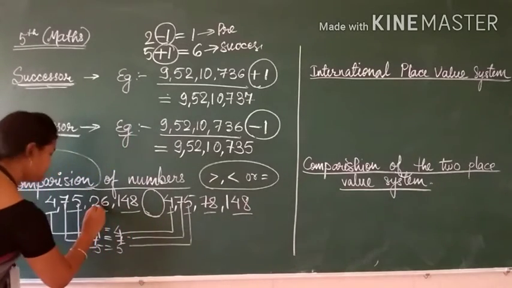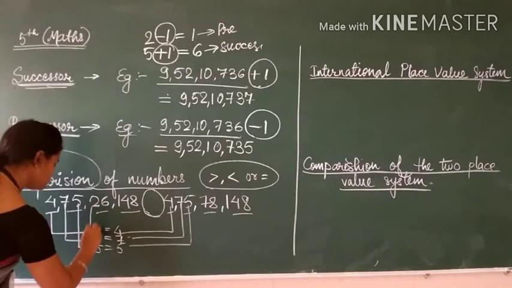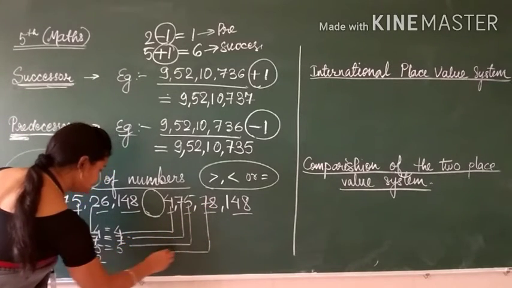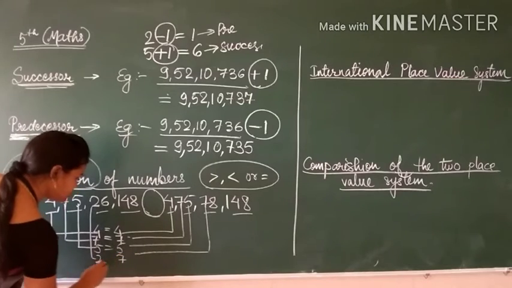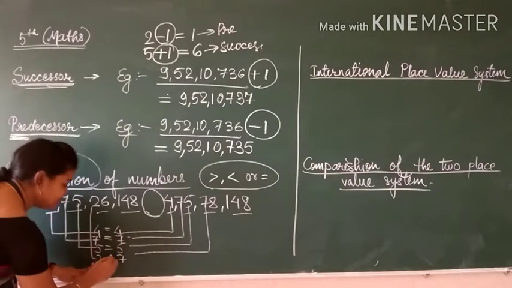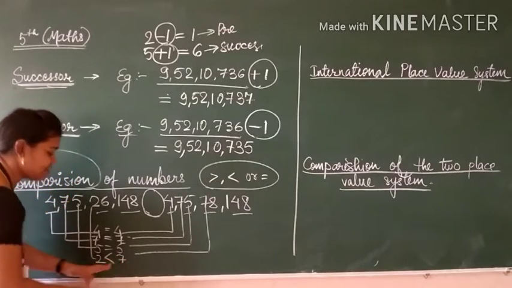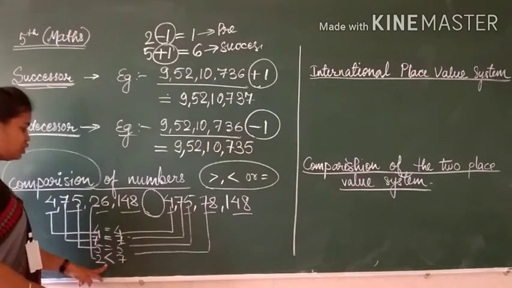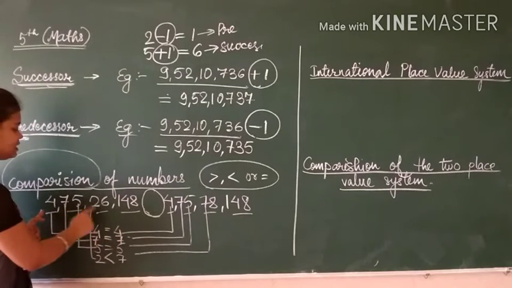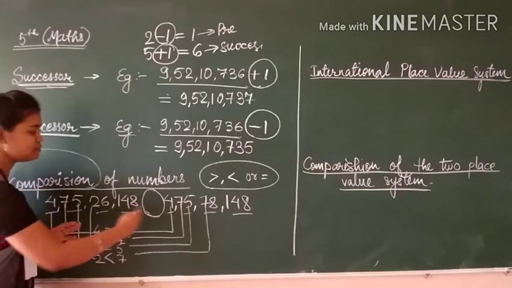So now here it is 2 and this side it is 7. So of course 2 is less than 7. 2 is less than 7 means 7 is greater than 2. So for the rest, we don't have to look further once we find that this number is greater or that number is smaller.